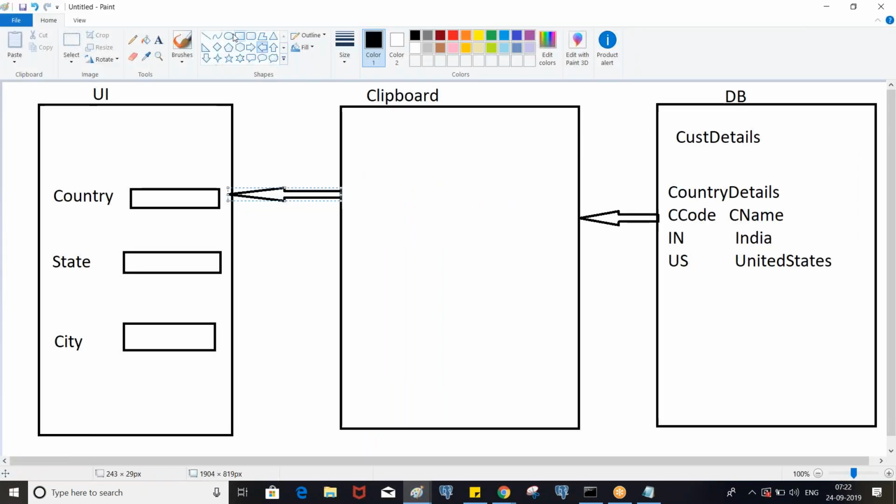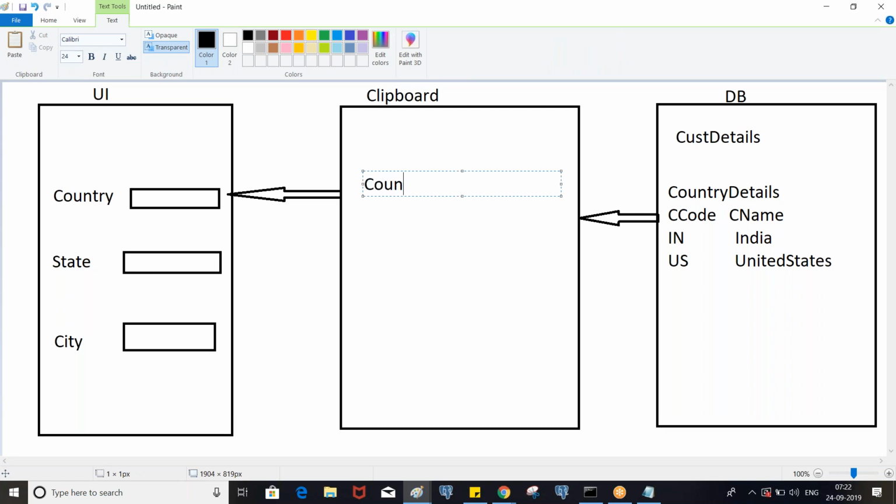Here country details is a page, and a page cannot hold multiple records, but inside the page you can have a page list. Again, inside the page list you can have another page list. A page is a collection of properties, and a page list is a collection of pages.